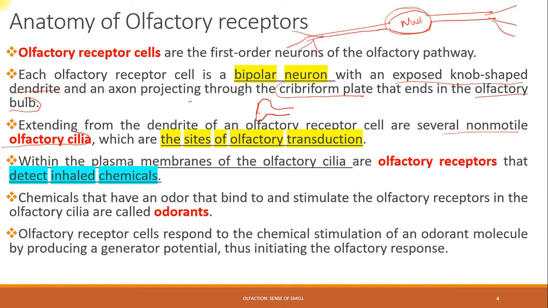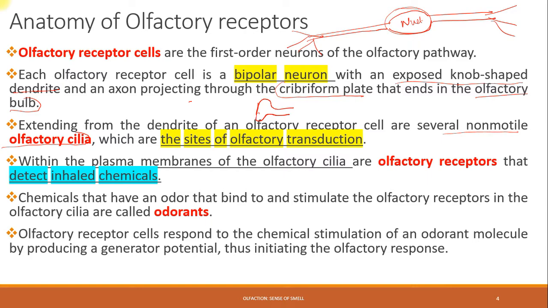Here we have cilia. Microvilli are small hair-like or finger-like projections, and these cilia are longer versions of the hair. They are hair-like projections only, but somewhat longer in length compared to the microvilli. These are the sites where the olfactory